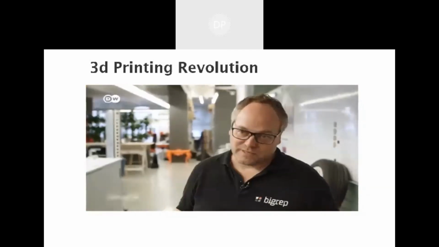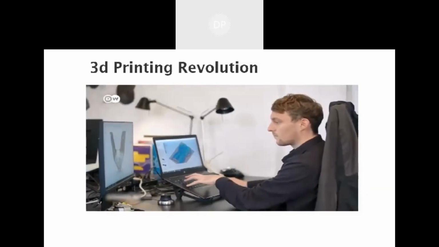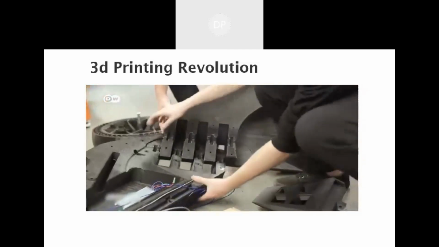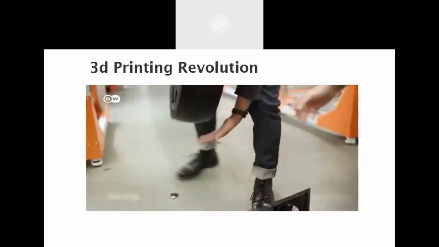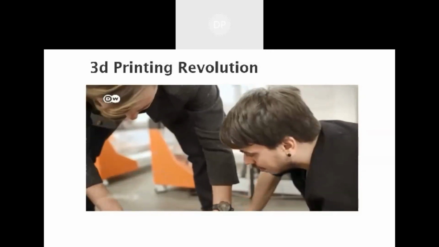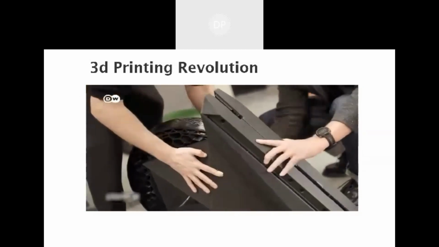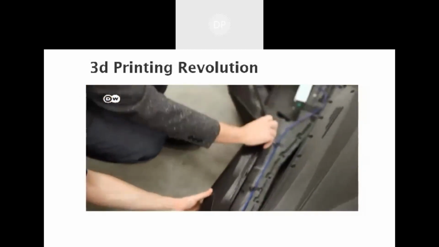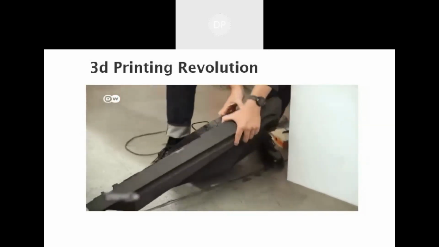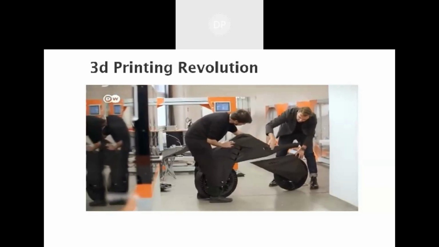We still have a lot of work to do before Formnext. We have to get the printers ready and print out lots of parts. Almost all the bike's parts have come out of the printer, including the elastic tires, the frame, and the lights. Many components consist of biodegradable plastic made from cornstarch. The team needed just 12 weeks to get from the preliminary design sketches to the finished prototype. But they're still working out a few bugs.